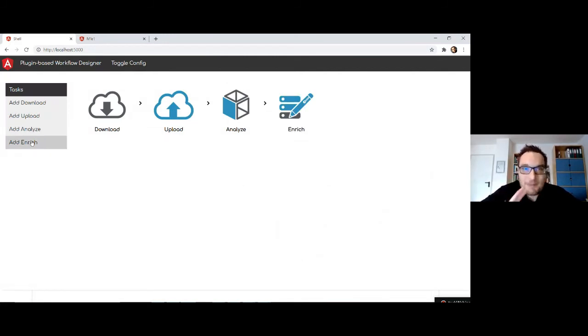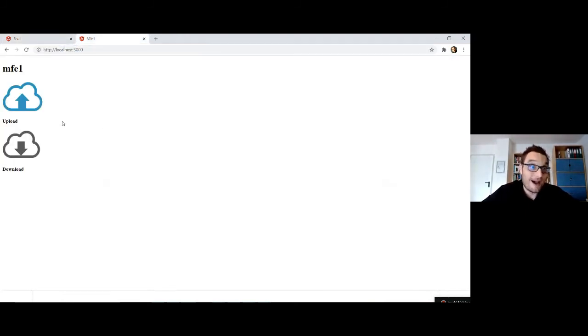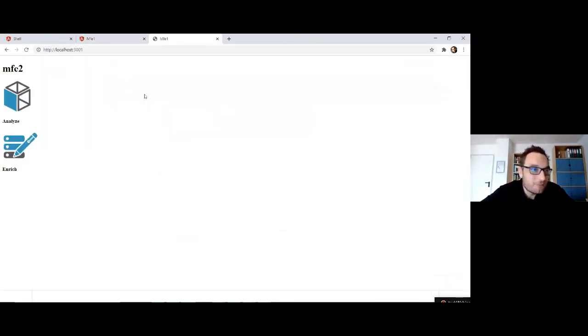And the best thing about this is that those workflow tasks are not hard-coded in the workflow designer. They are loaded on demand. For instance, there is a microfrontend on localhost 3000 providing the upload and the download task. And there is another microfrontend on the location localhost 3001, and it provides the analyze and enrich task.